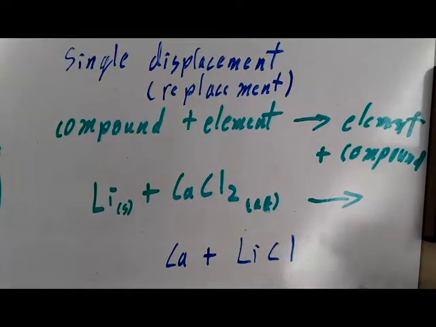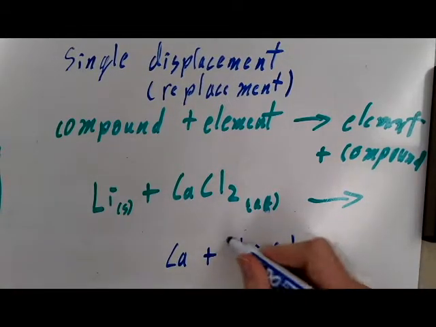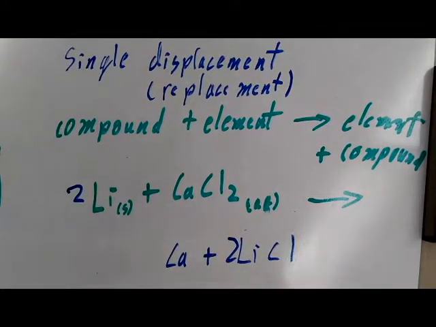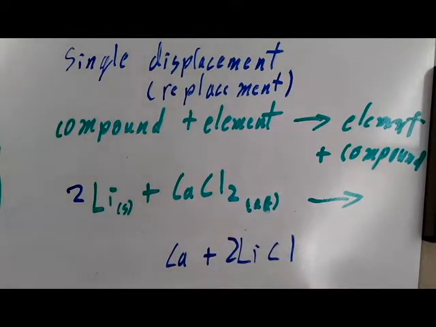Now, of course, we'd have to go back and balance at this point, so we see that we have 2 chlorines there, so we need 2 of these, and that'll give us 2 lithiums so we can balance, and now we're good there. So we started out with lithium, we added it to calcium chloride, and as a result we got calcium metal